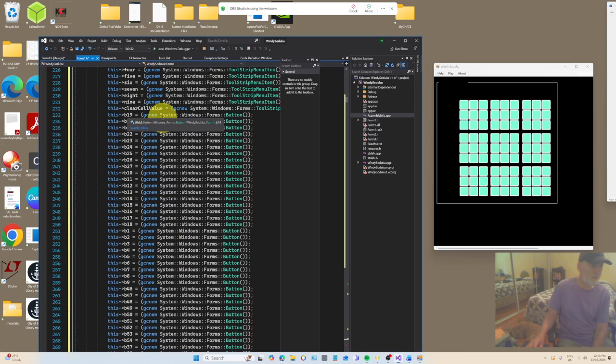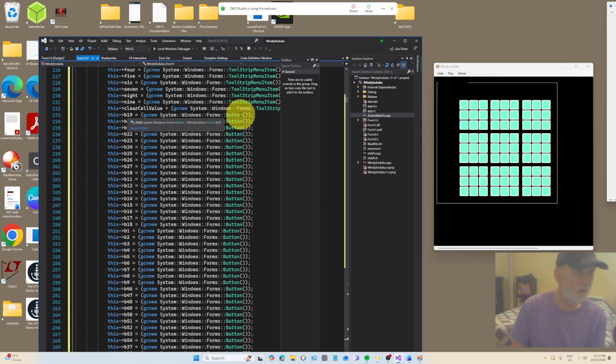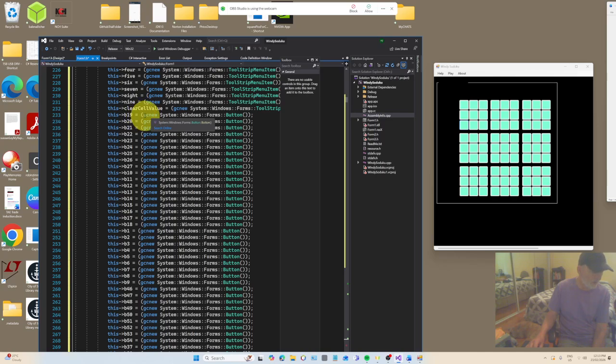So what happens is an object of type button is going to be created, and this is a new version of button. So this is a new instance, that's where instantiation comes from, a new instance of button, and that value is being assigned to B19. All right, but before that can happen,